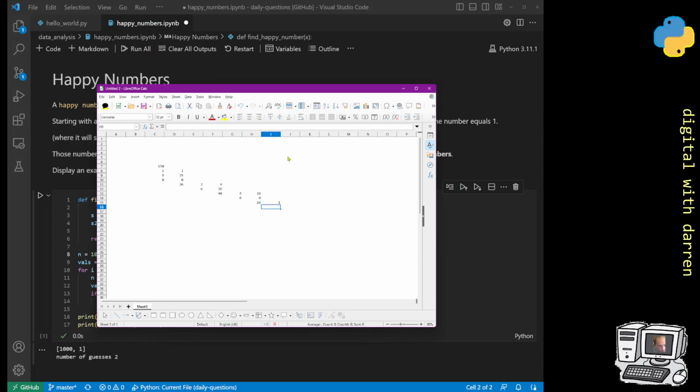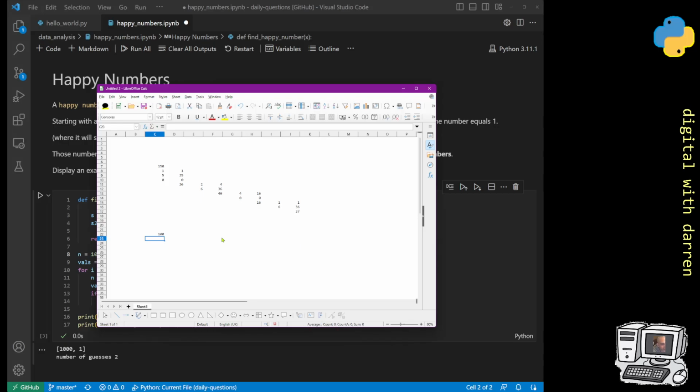Again, that's made up of a 1 and a 6. We square those, which is a 1 and a 36, and that gives us 37. And this process keeps going on. Now, some numbers just go on forever and never end up getting to the number 1. And other numbers, for example, if we took 101, that will definitely be a happy number, I believe. Well, it might not be. Let's have a look. If we took 100,